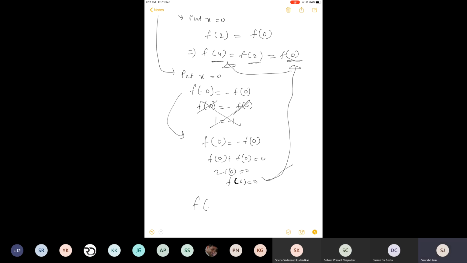Actually, I told you this thing, that f(-x) is -f(x) for all x belonging to the domain of f. So what if 0 is not in the domain? If 0 is not in the domain, I cannot put 0 here. And because of that, I will not get this type of equation, okay? So remember this word, domain. If 0 is there in the domain, then definitely we can find the value, no problem. And it will come out to be 0 only.